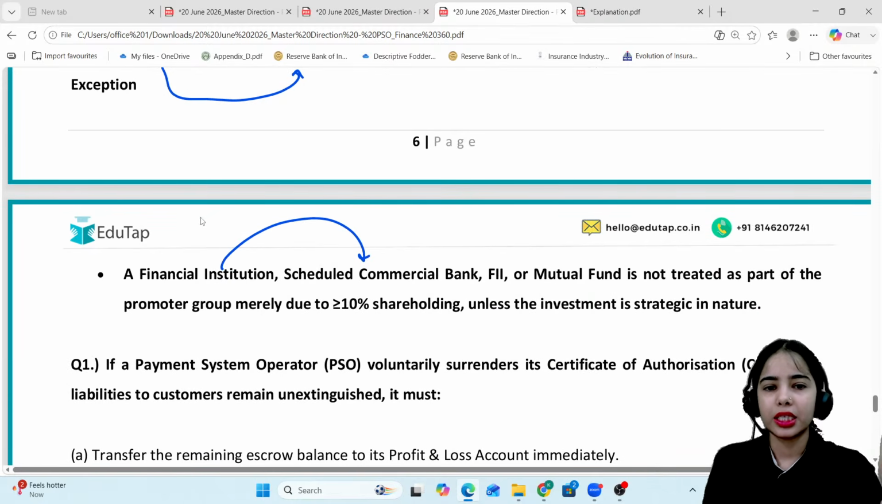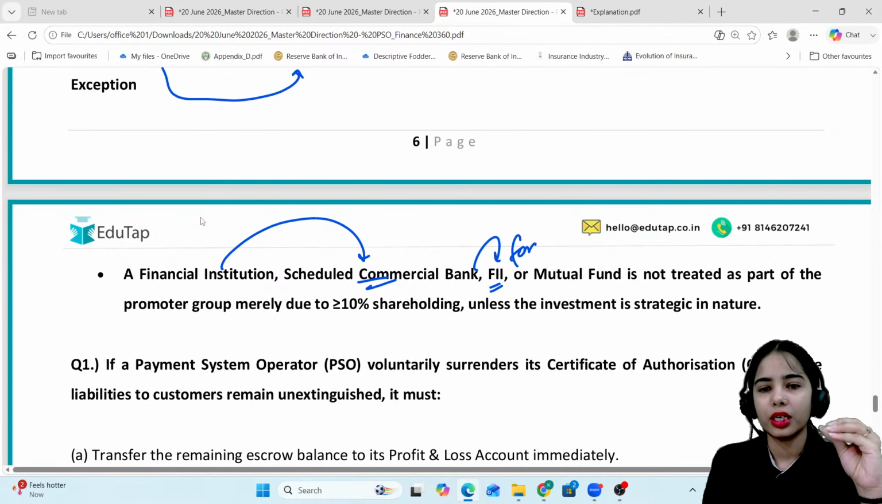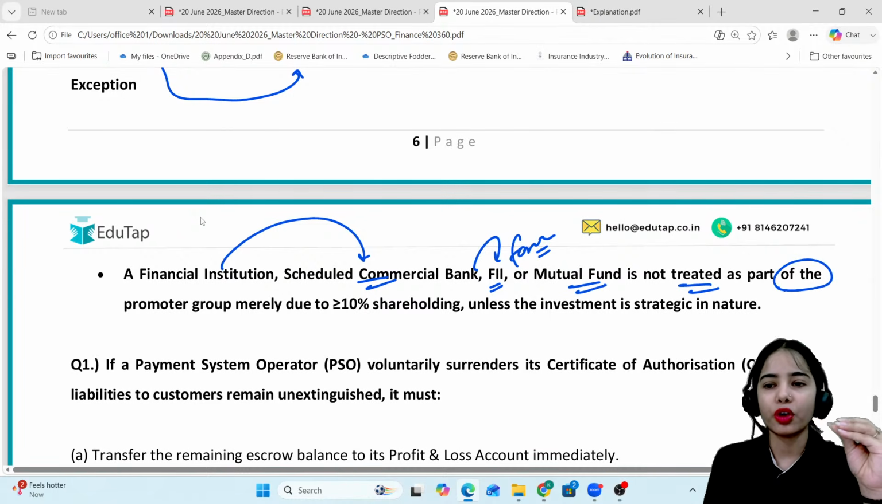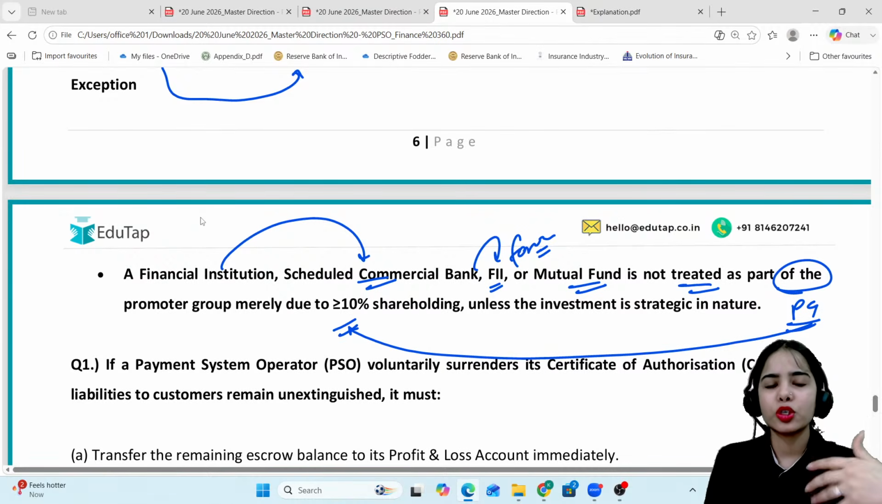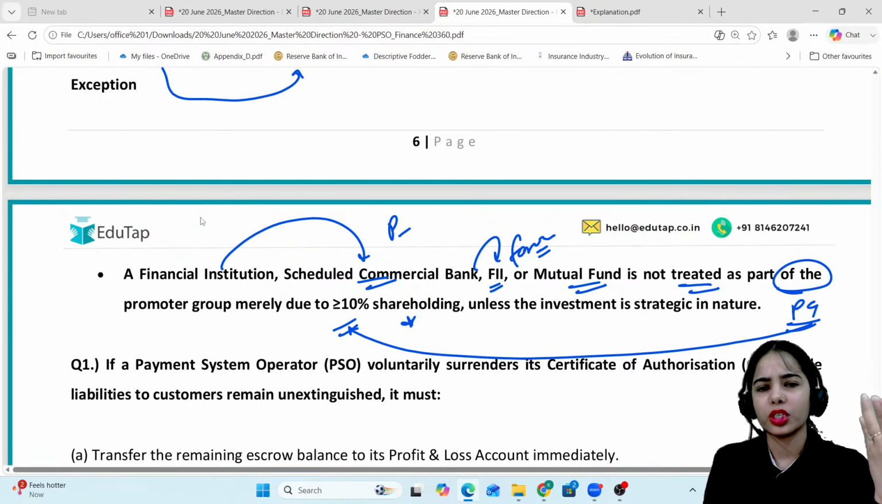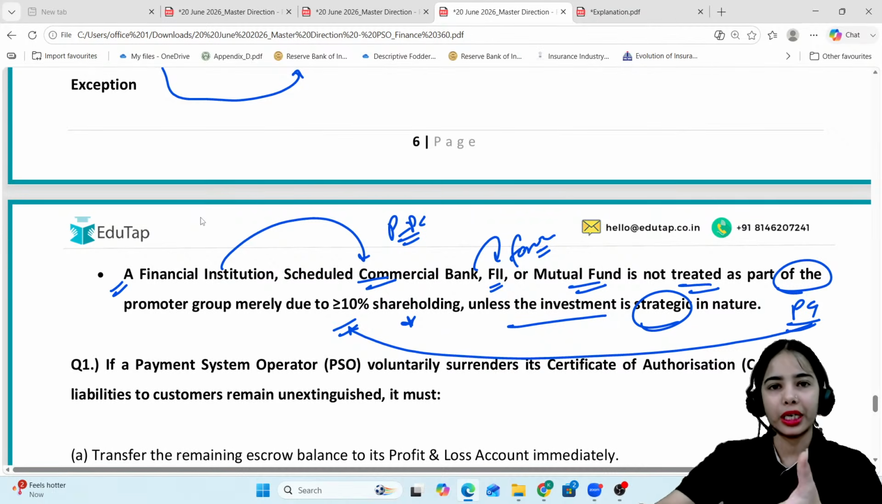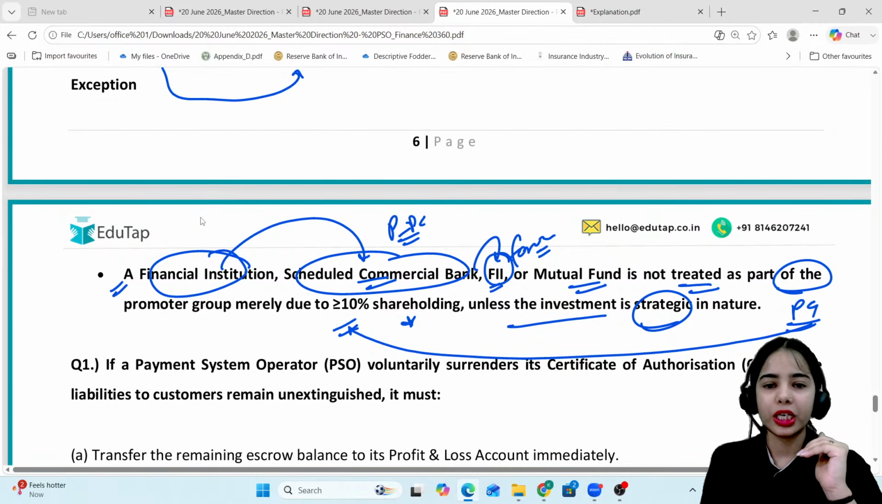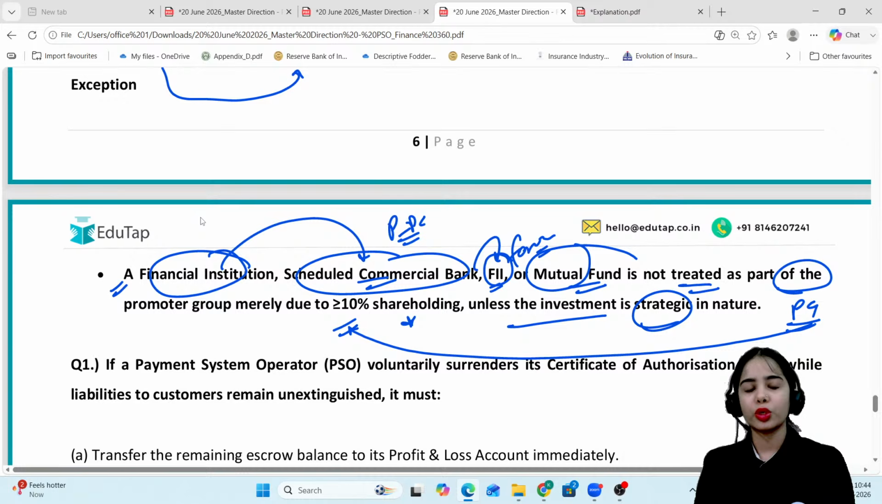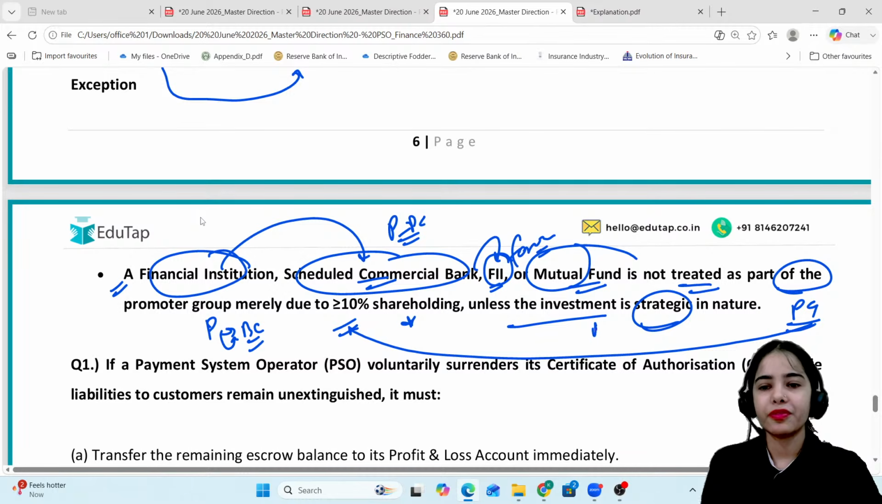Now the financial institutions, scheduled commercial banks, foreign institutional investors or mutual funds, are not treated as part of the promoter group if they have merely invested 10% or more of the shareholding in the promoter company, unless the investment is strategic in nature, where these financial institutions are willing to have controlling interest, or want to have a long term interest. So they are not treated as part of the promoter group merely for investing 10% or more in the promoter's body corporate, unless the investment is strategic in nature,